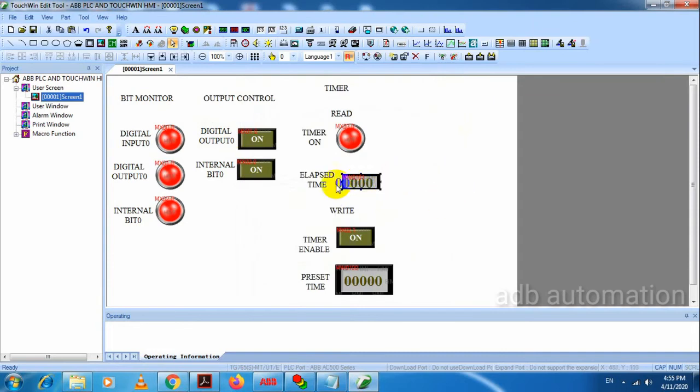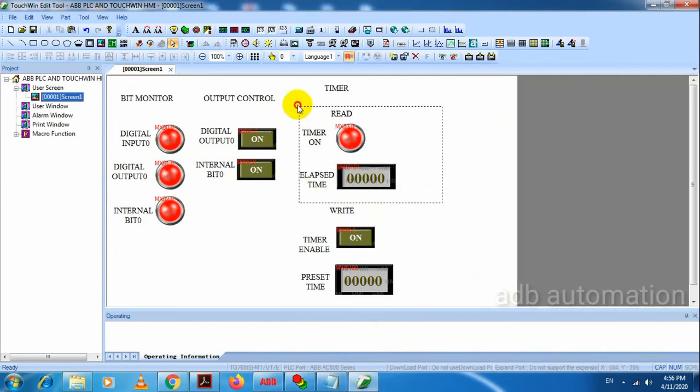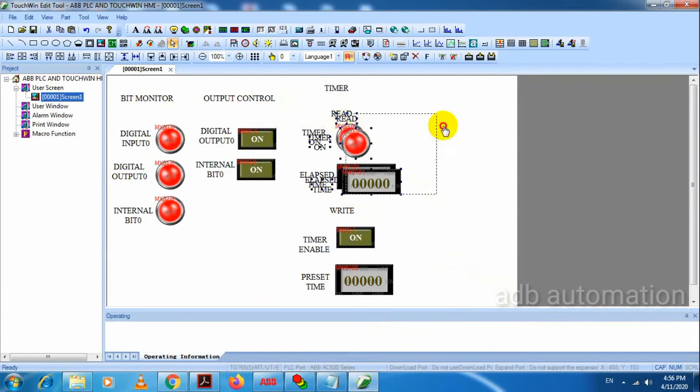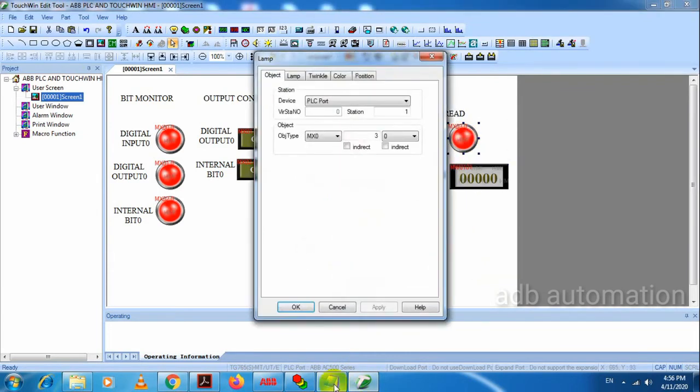Okay, now timer is finished. Next one is counter. So counter we have to read one bit and wait. So same thing, we'll copy, and we'll change only the address.